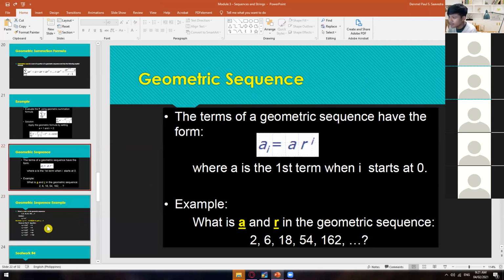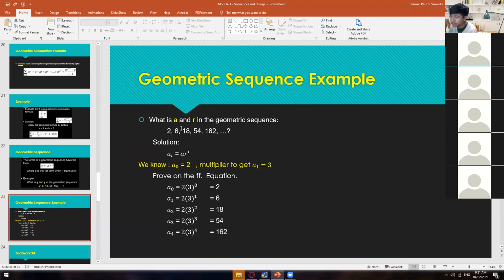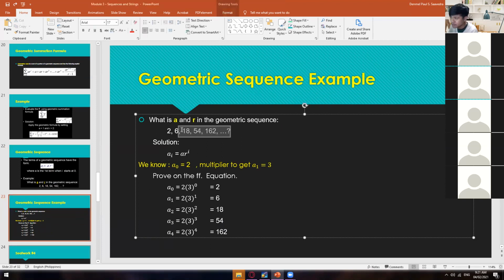I thought I wasn't able to put the solution. So here, what is A and R in the geometric sequence? The same question and the same kind of solution, which is this one. A sub 0 is 2, and then A sub 1 is 3. Why A sub 1? A sub 0